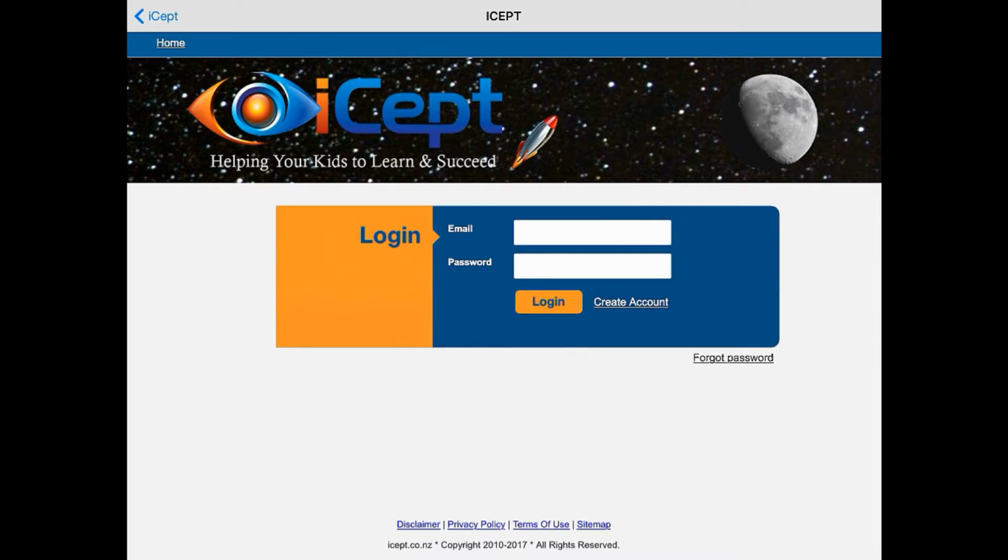If for some reason there's a problem bringing this login panel up, then it may be that you need to shift to an alternative web browser. I can recommend Chrome or Safari. So looking at the login box there, you will see a link that says create account. Click on the create account link,